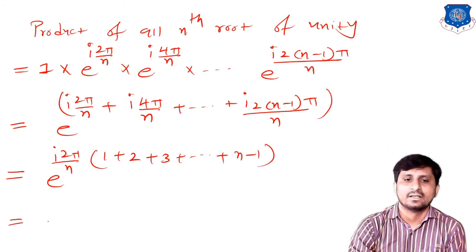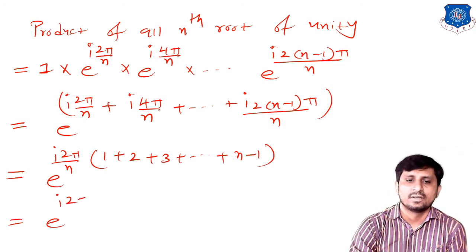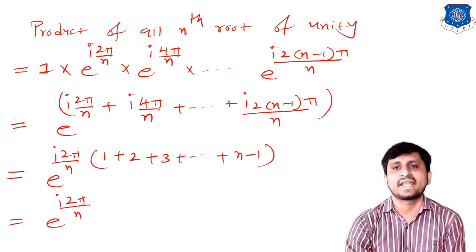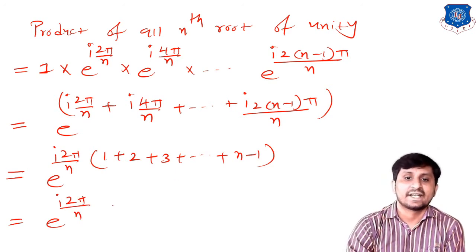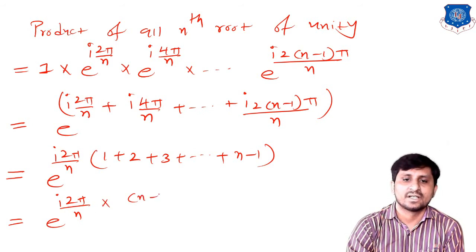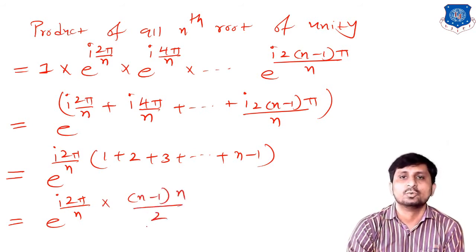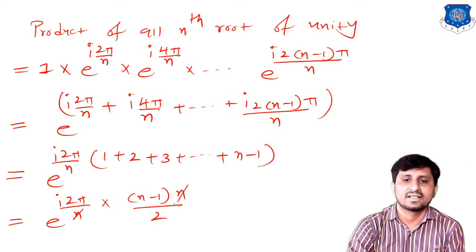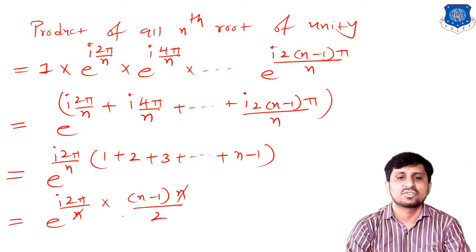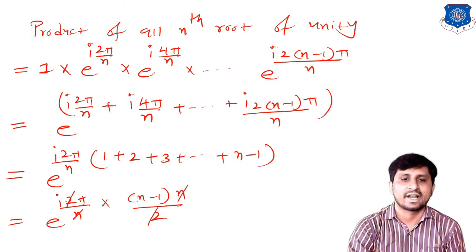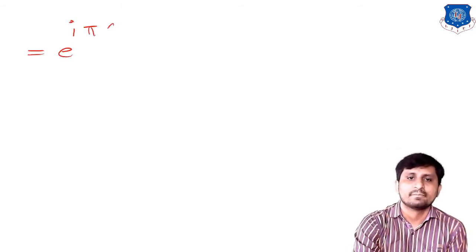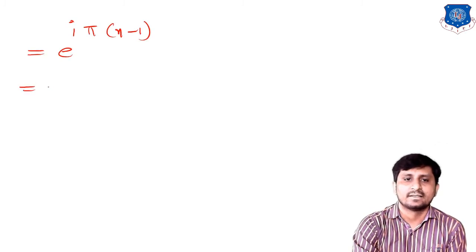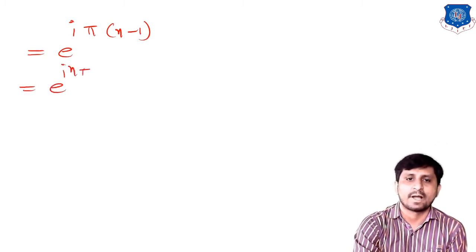Now this can be written as follows, because we know that the summation of n is n into n plus 1 divided by 2, but here we have the summation up to n minus 1, so that can be written as (n minus 1) into n divided by 2. That's why this n will be cancelled out, right? So now we have e raised to i, this 2 is also cancelled out, so we have only e raised to i π(n minus 1), so that can be written as e raised to i π into (n minus 1),